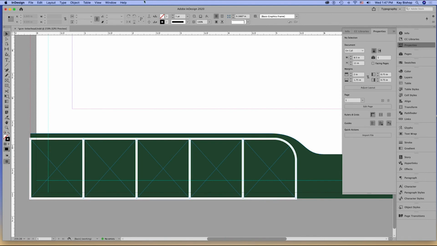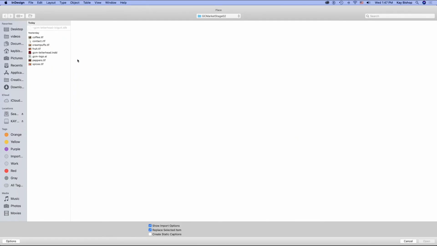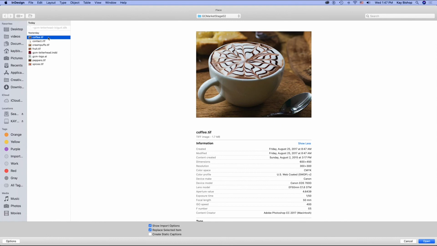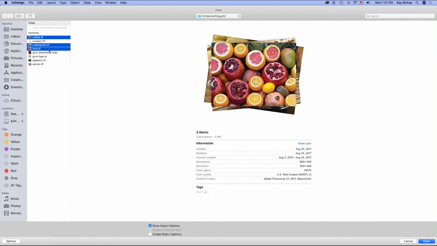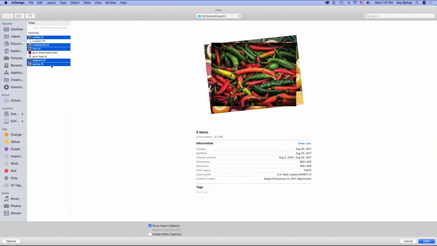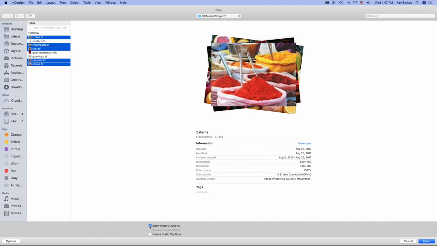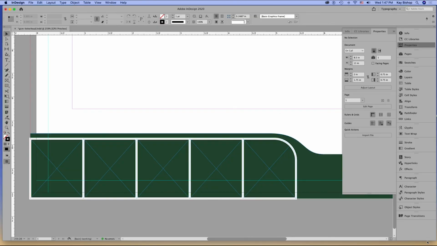I'm going to deselect, go to File, Place, or Command D as in dog, and now I want to select these images in the order as listed in the textbook. So first select Coffee TIFF, hold down the Command key to select other images that are out of order. So the second one is Cream Puffs, then fruit, then peppers, and then lastly spices. And I don't need to show the import options in this case, so I'm going to deselect that